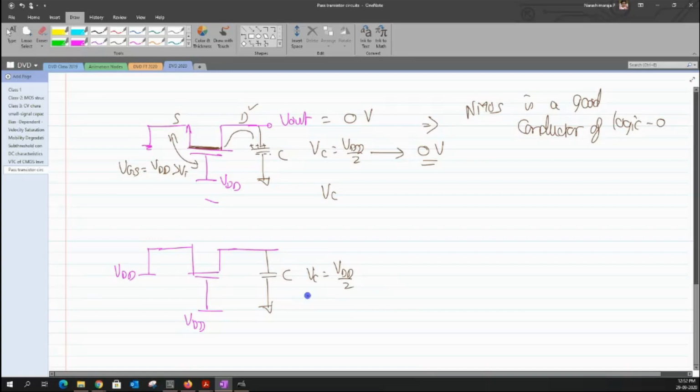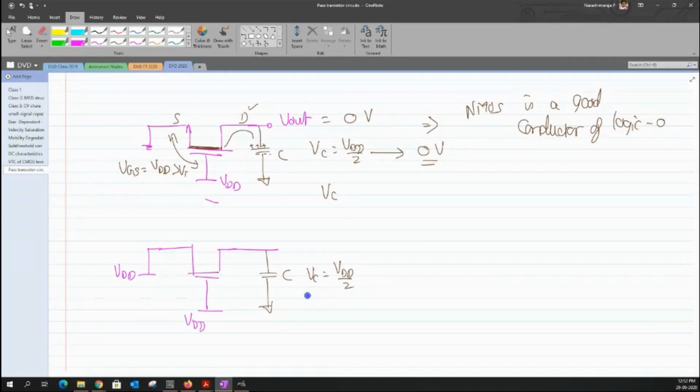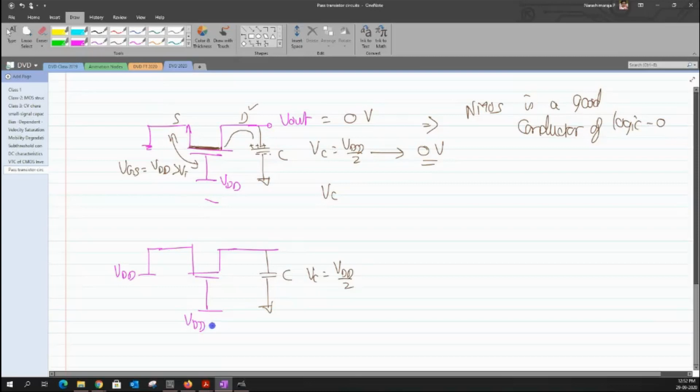For you to know what would happen to the steady state response once you apply the gate input equal to VDD, the point is whether the channel exists. In order to know whether there exists a channel, we know that the value of VG is supposed to be greater than the value of VT to create a channel between the source and the drain. But when I look here, obviously the VGS between the gate and the terminal towards the left side doesn't even go beyond the value of VT. We have VGS equal to 0. So I cannot use this left terminal as my source.